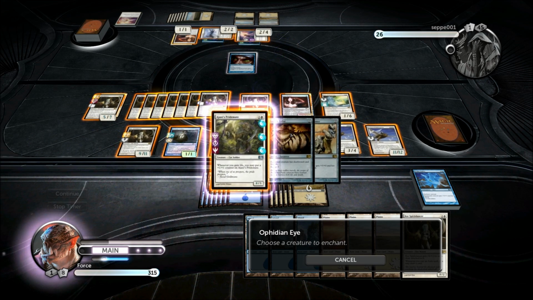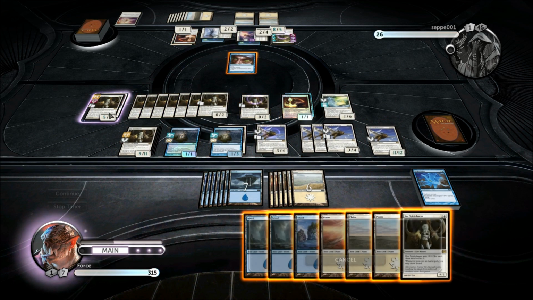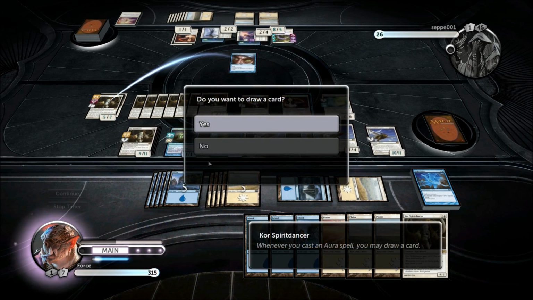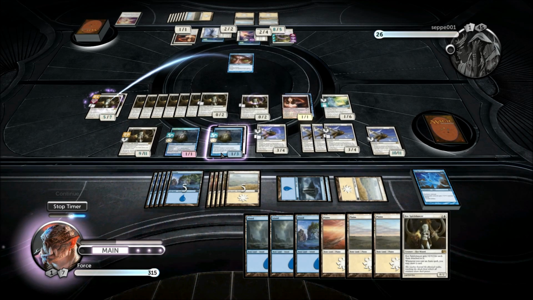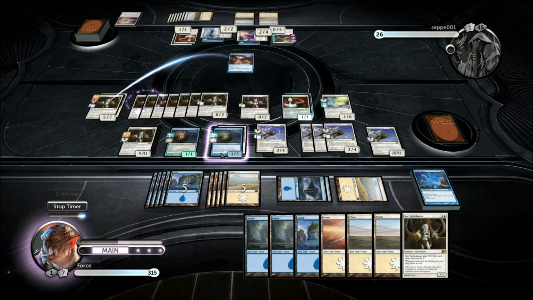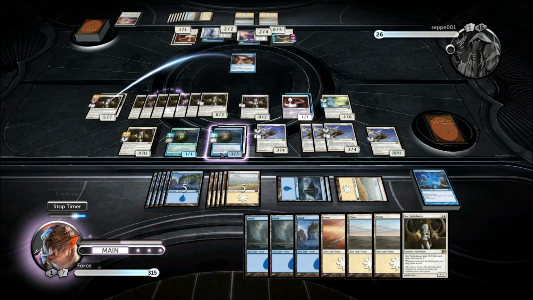Could attack with that. This creature would die. Okay, let's throw that down. Don't draw a card. Here we go. Through the rigmarole of my 6, 7, 8, 9, 10, however many Core Spirit Dancers I have, all asking me to draw a card. So the reason I played on that one is because